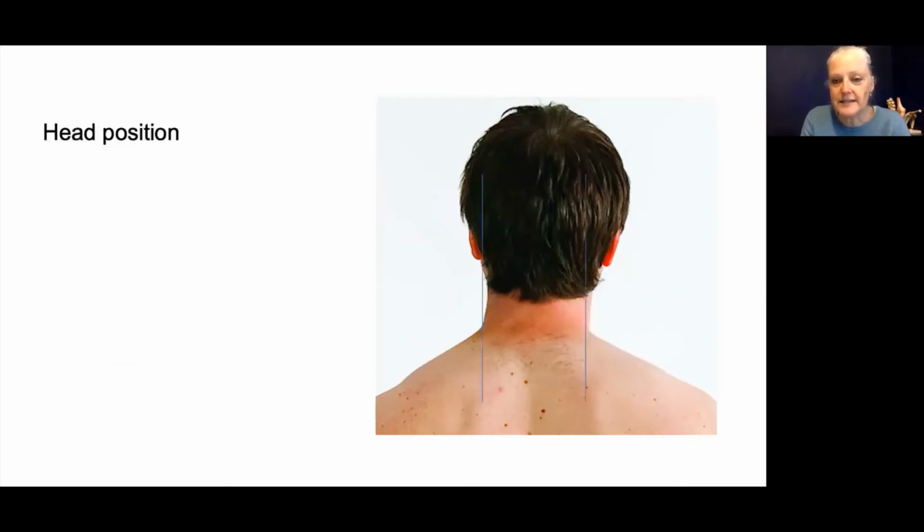Have a look at this. Now, if you're looking at this on a mobile device, like a phone, you might not be able to see it very clearly. I didn't want to obscure the photograph, but maybe I should have made these a bit darker. There are two vertical lines here, where the neck joins the trapezius muscle, the crease here. If you look at the left, there's a bit of a gap, but there isn't a gap on the right. And that's because the head is slightly